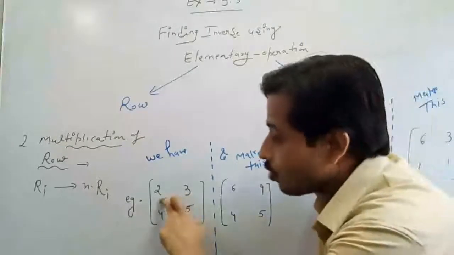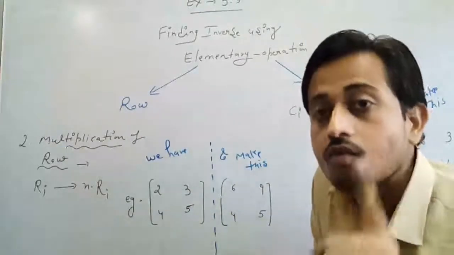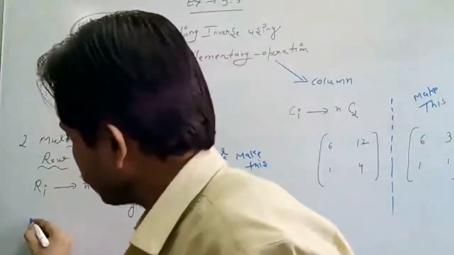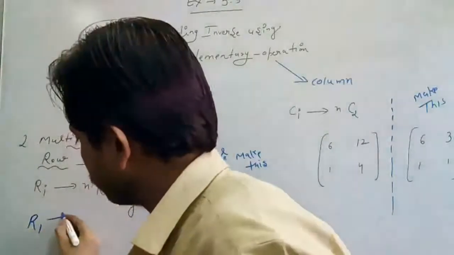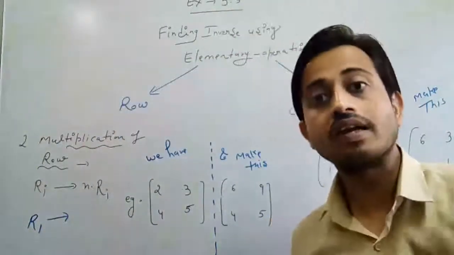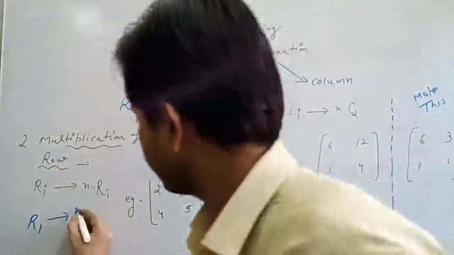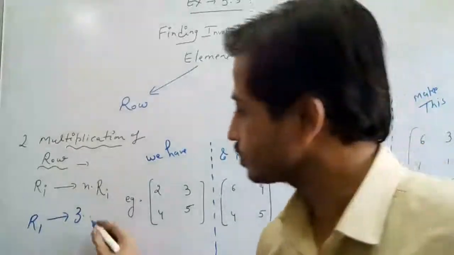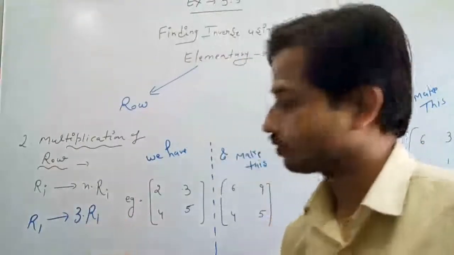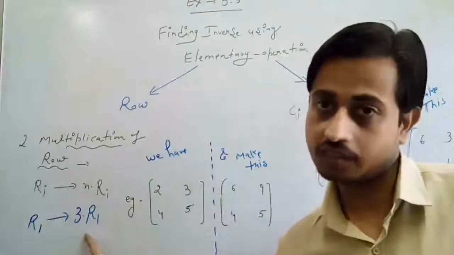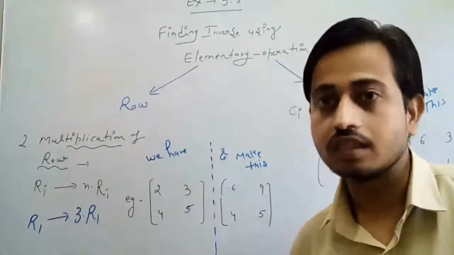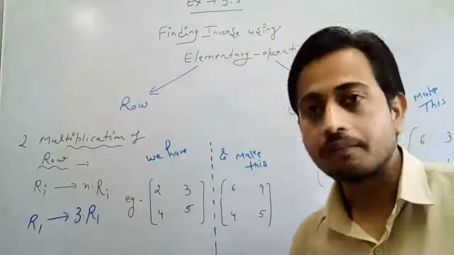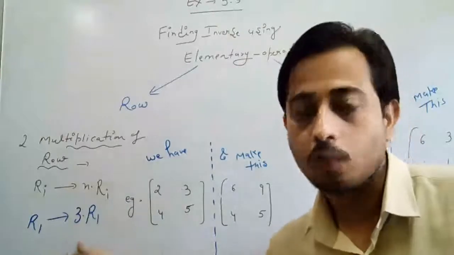And what do we have to do? We have to apply the operation on which row? The first row. So first you have to write that I am going to apply our operation on the first row. On which number do I have to multiply? With 3. So I am writing here 3, by the first row. So this is your elementary operation. You can apply this operation if the demand of the question is that we have to multiply. So you can do multiplication operations.